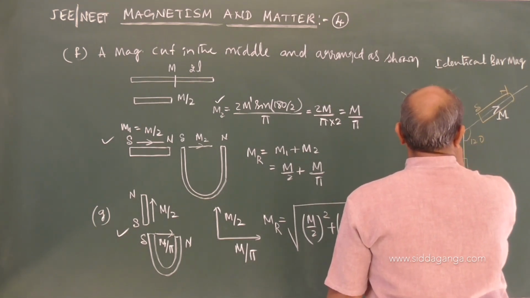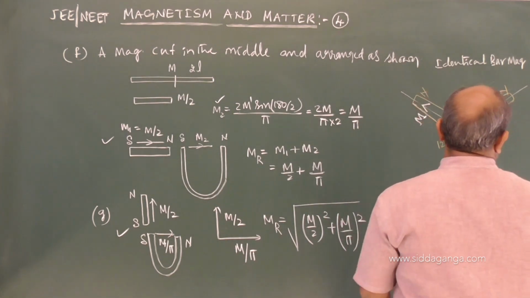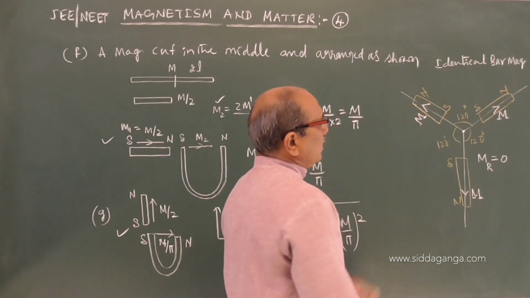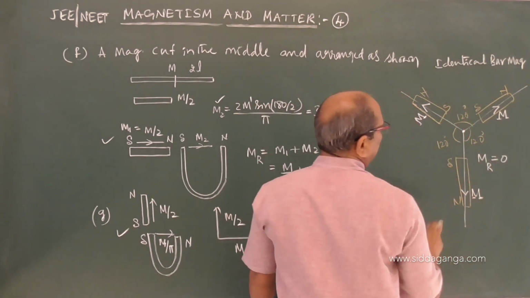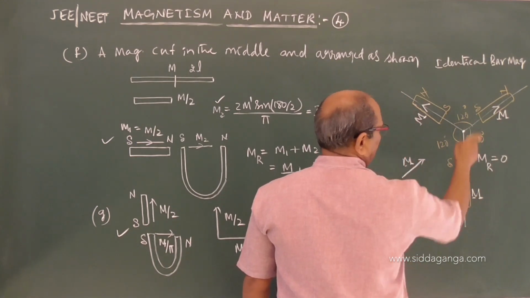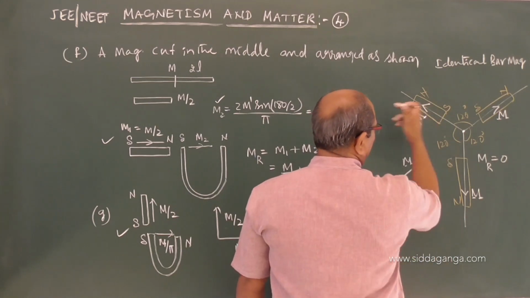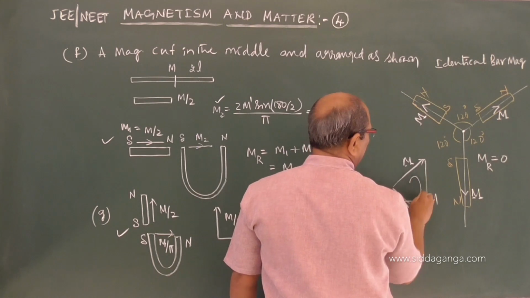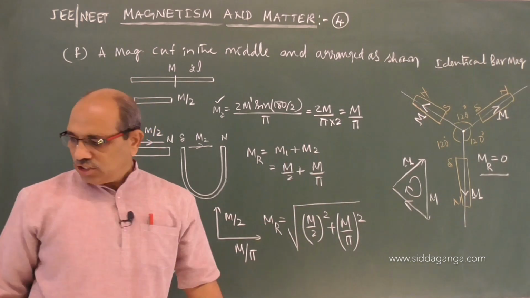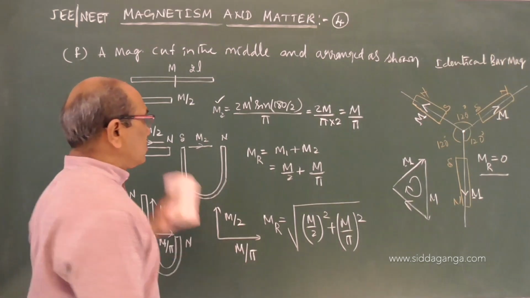They come to an equilibrium condition. The net moment in this case is 0, because we can arrange them in the same order. So let us see this case. One M is acting upward, the other M is acting down, and the third is acting toward. They are in one order. The net moment becomes 0. They may place it like that and ask you the resultant moment. So in such cases you must be able to answer.